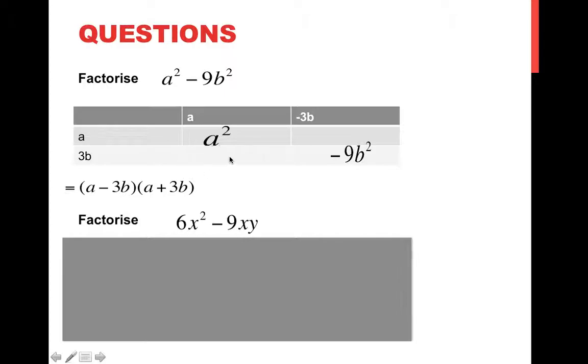Now if you're wondering why I haven't done these, it's because these cancel each other out. Minus 3ab with a positive 3ab, they cancel each other out, so I thought there's no point putting it down. Right,